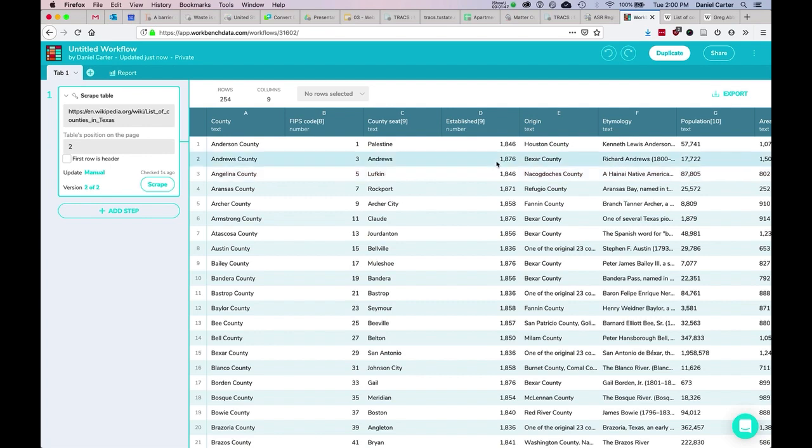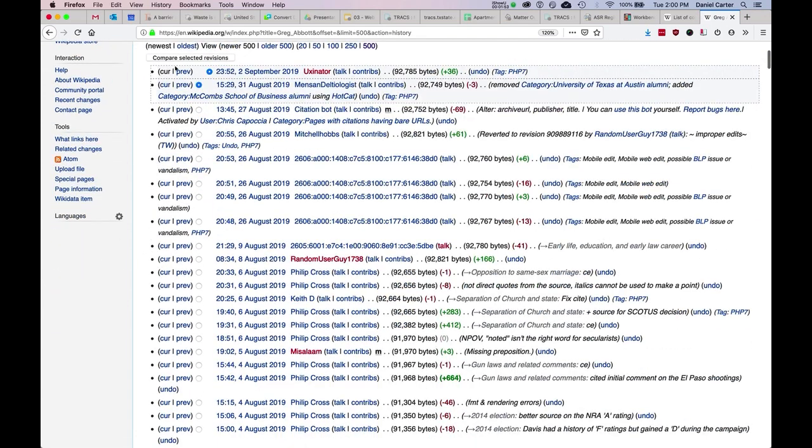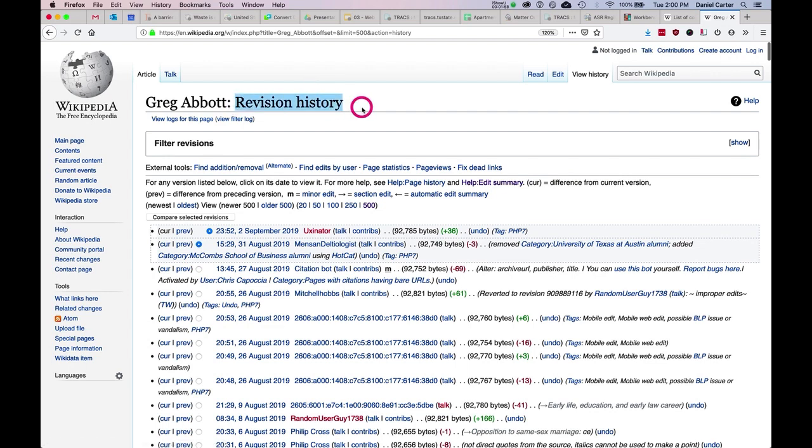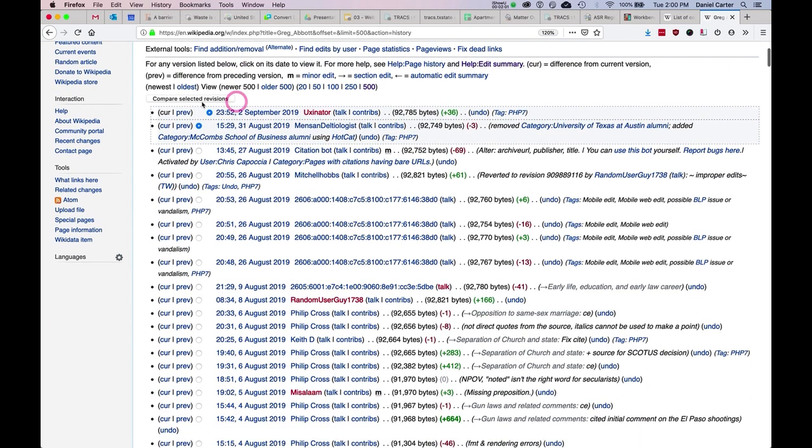All right, so the second way that we want to scrape data is if we have something like this. So here is data that can become structured data. This is the edit history for Greg Abbott's Wikipedia page. These are all the edits, and there are things that could be tabular data. This row has a time, it has who made the change, and it has the change. So this person removed this category and did this. This person did this. So I could turn this into a table,